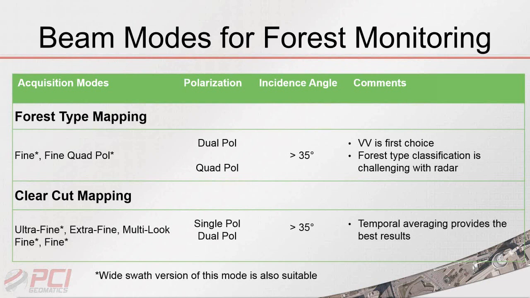there's kind of two key applications in the forestry space. You might want to do forest type mapping, so classification. And so for that, you might want to look at something like our fine beam mode or our quad pole data, which is again another unique feature of RADARSAT-2. We'd look at using either dual pole or quad pole data as the beam mode indicates. From an incidence angle perspective, we recommend something kind of in the middle of the range, usually around 35 degrees; we find gives us the best results. And from a polarization perspective, we find that the VV polarization is our best choice for doing that type of